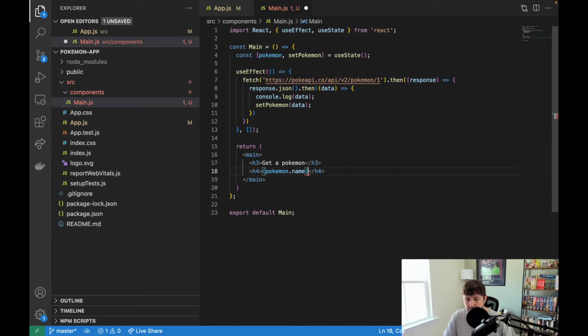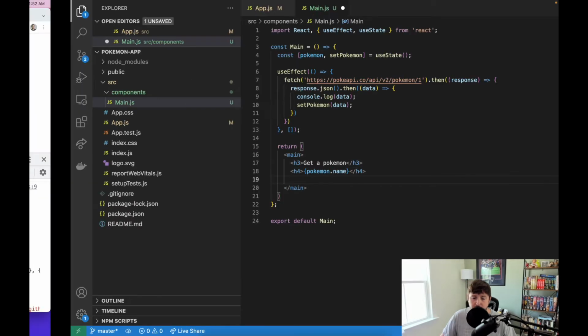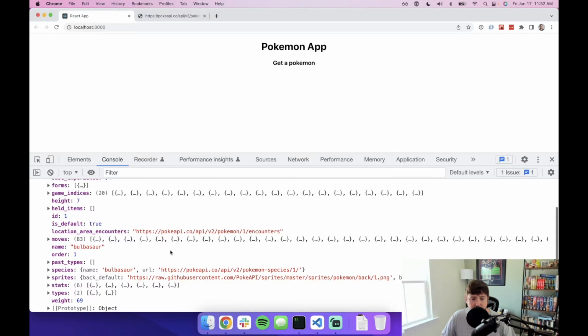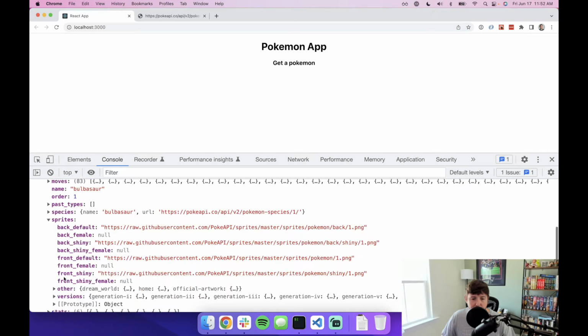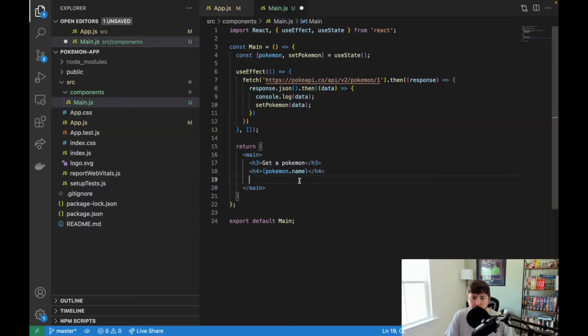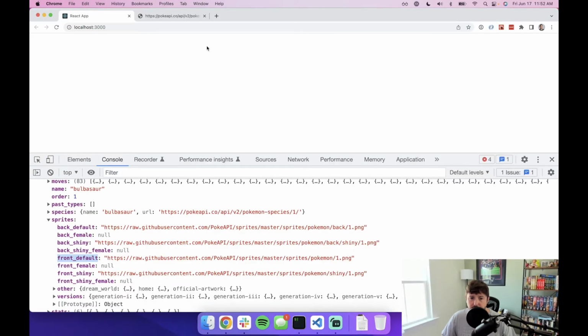Dot name, and let's render an image. Looks like sprites. We'll say front default. So we'll do image, and the source equals Pokemon.front default. And let's just save that. If we come back here,